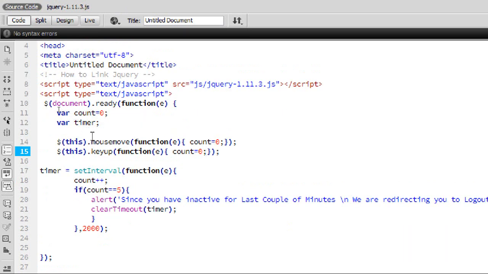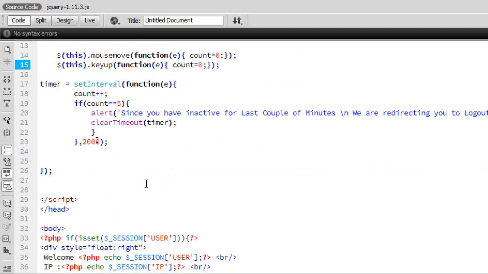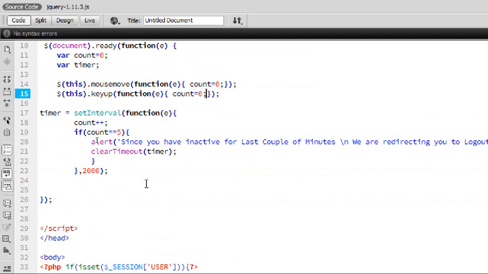Var count. This dot mouse move count will get back to 0. This will be 0, and set time interval function e we are going to call, and count will be getting plus plus. If count is 5, then we have it. So I think there is no such